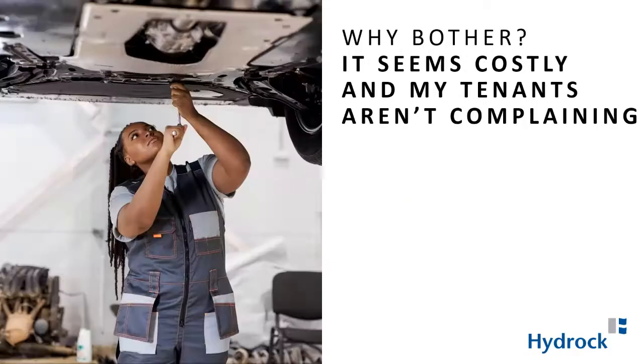It's all very good, but why are we bothering to do this? It seems like it's going to cost a lot of money, and the tenants aren't complaining. And as we all know, if the tenants aren't complaining, it tends to be quite nice just to leave things as they are and not fiddle with thermostats and so on. So for me, I think it's quite odd, because it's rare that we'll let machines we own operate badly like this. Cars are really an obvious example of this. For cars, we have to MOT them every year. That's for safety, but then optionally, most people will take them for a service